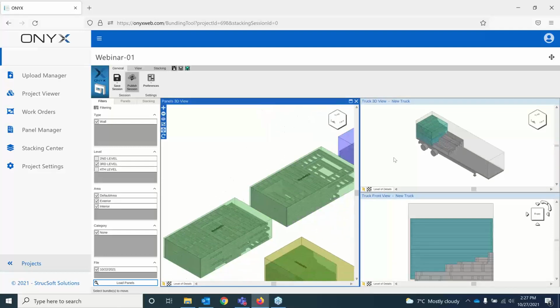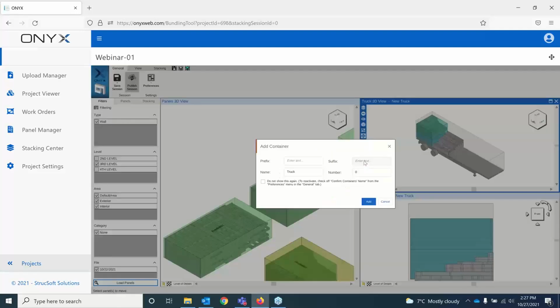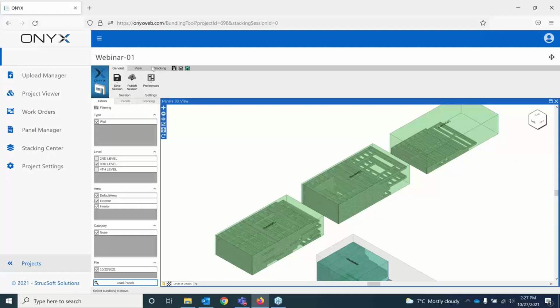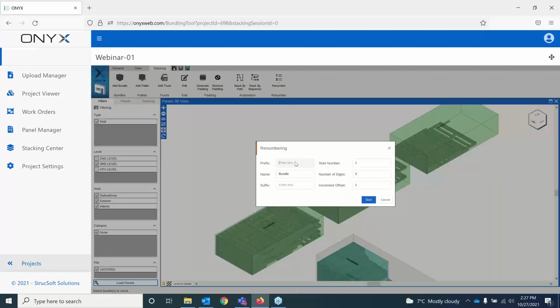So let me just hit that check mark, make sure that my truck is good. I'm going to call it truck 1. All right, so now I have my bundles here. So under stacking, again, these are set in your template for bundles, the way that they're going to be named, prefix, suffix, what's the starting number, how many digits you want. But once you're inside of the environment for stacking, you can always just come here and say, I want to renumber my bundles and say